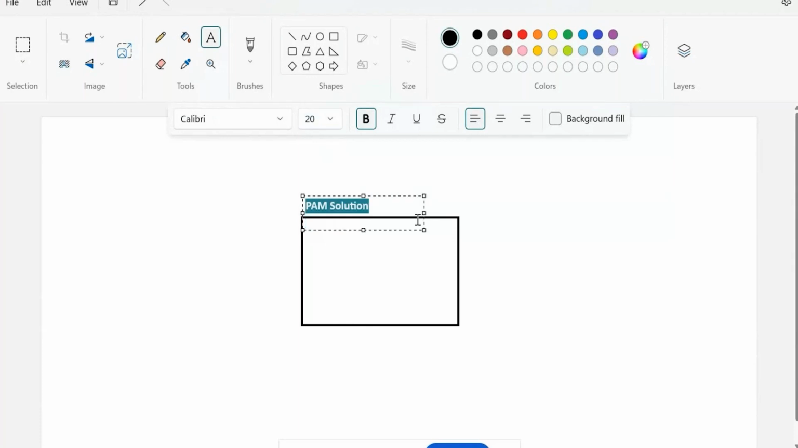Okay, so this is the PAM solution here. Now what you can do is, let's say you have one privileged account. We are going to secure it inside this. And we have the ability to define some policies. We can define policies like